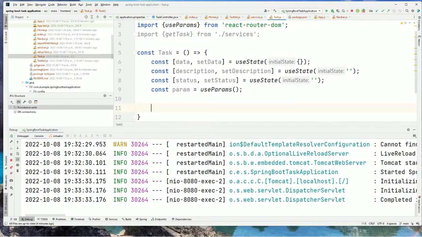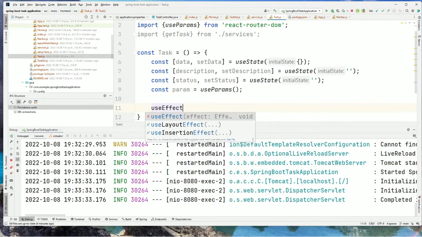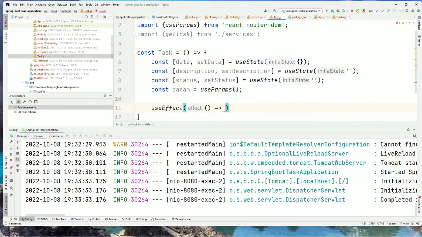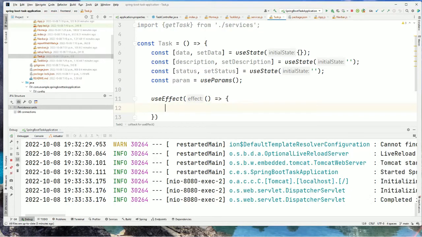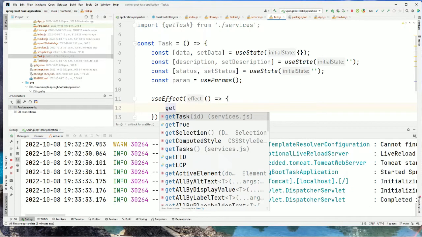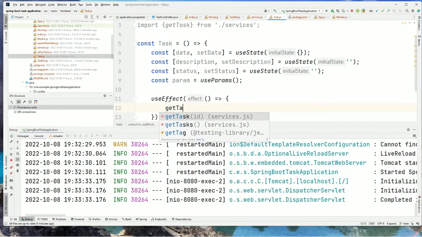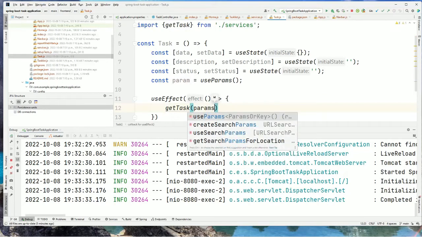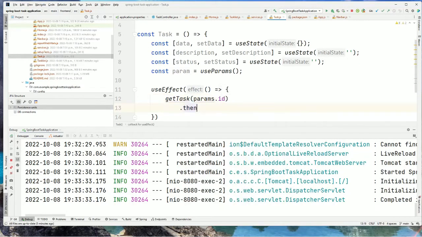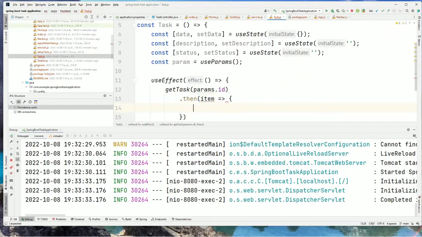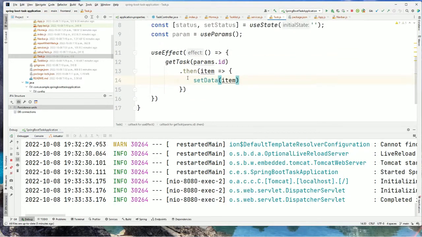Okay, so first what we're going to do is create a useEffect to fetch the specific task data that we want. So we've seen this before in the tasklist.js. We're going to be copying basically the same thing. So getTask, and we're going to be referencing the ID from params. Then whatever comes back, we are going to call setData with that item. And this time, our dependencies are going to be params. So when the params object is updated,